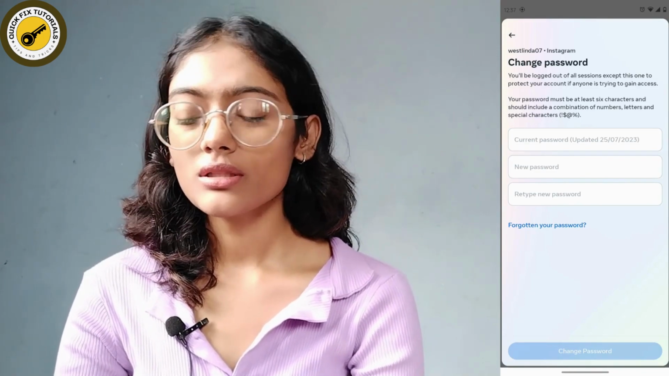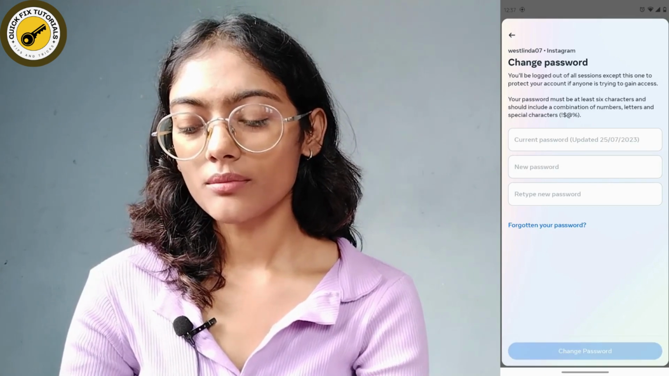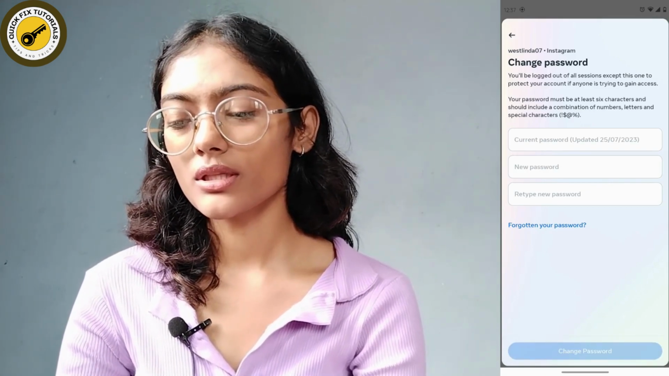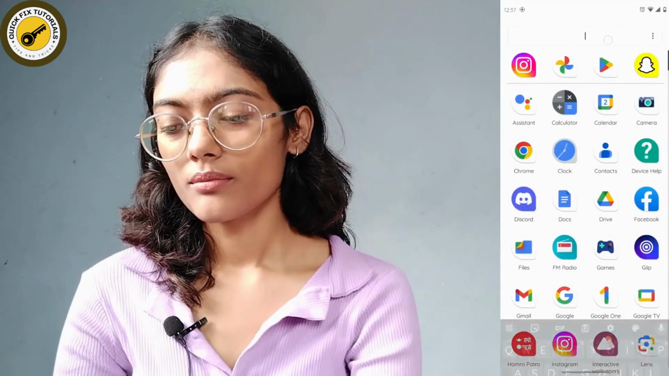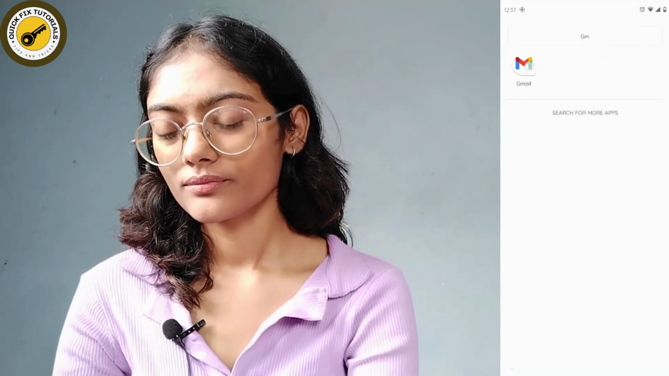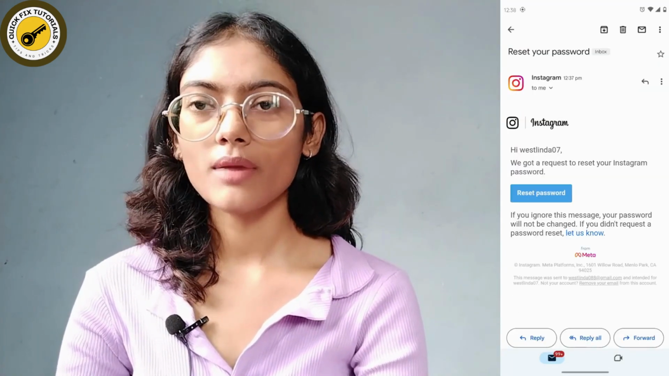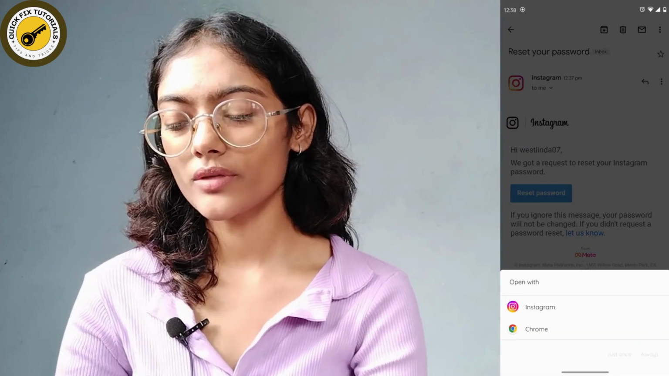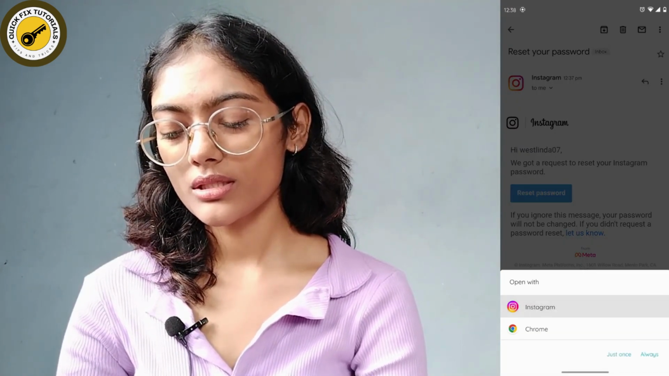But if you have forgotten, then you can simply tap on forgotten your password. And now they have sent a mail to your Gmail address, which is linked to your Instagram account, and after that you have to open that mail. And after opening your Gmail, here you will have reset password option. You can simply tap on reset password, and then you have to choose to open with Instagram, and then